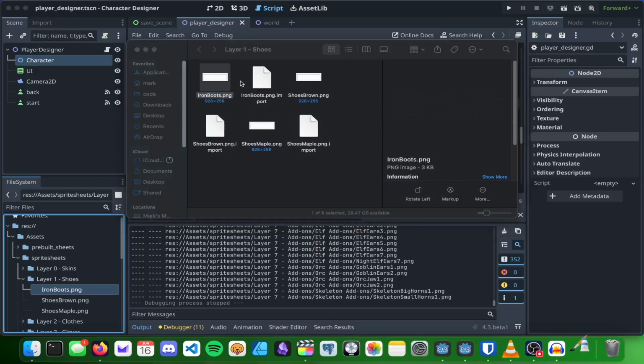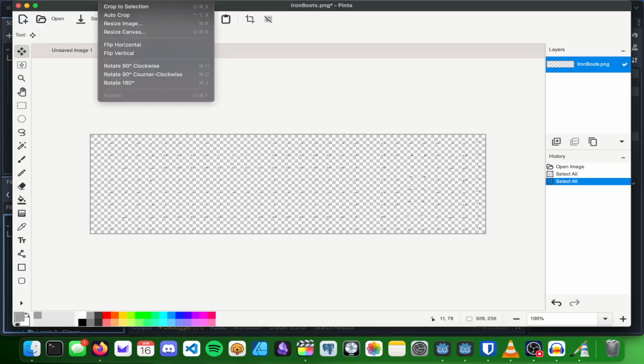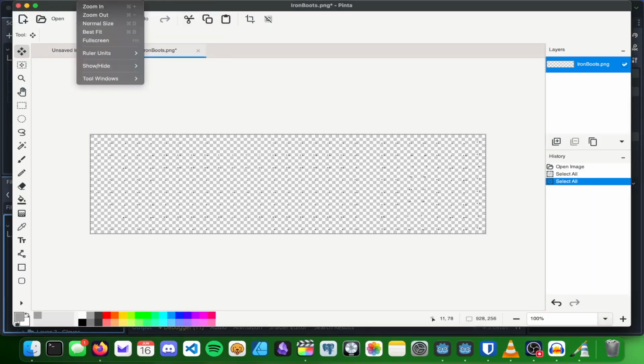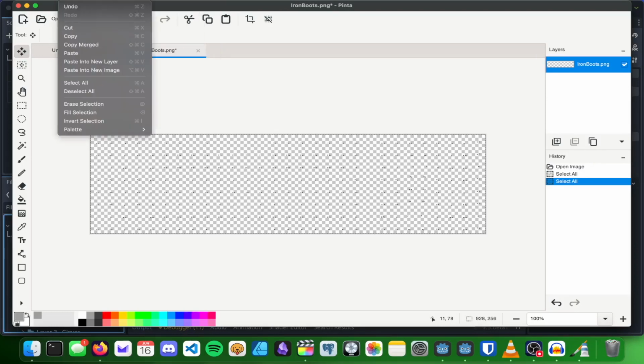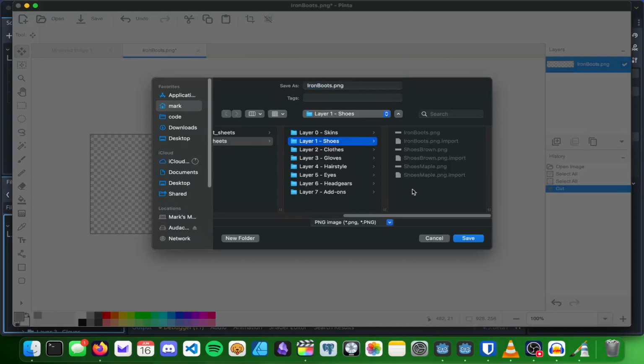But I'm going to just take one of these, and I'm going to copy all, and see if I can do select all, image, maybe like cut, yeah, and that's just gonna make a blank image, and I'm gonna save file as, and just call this